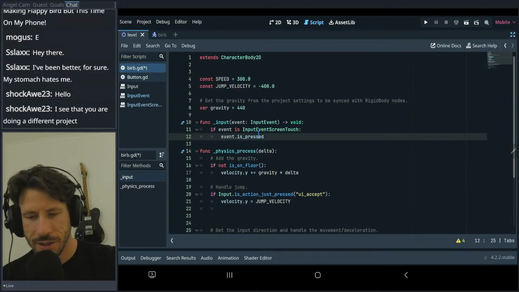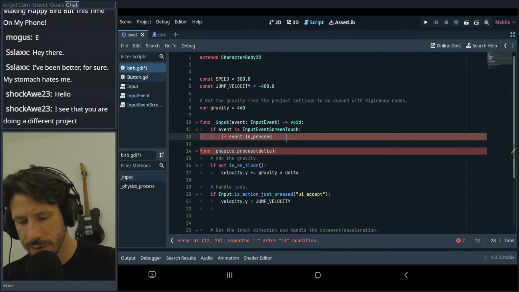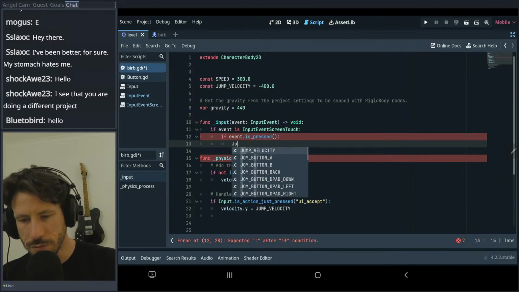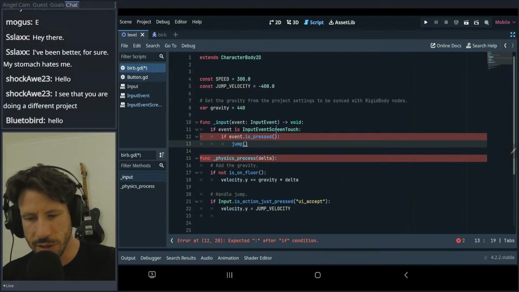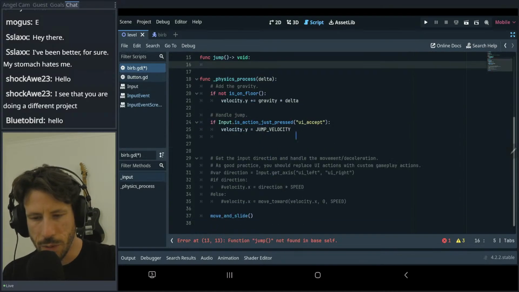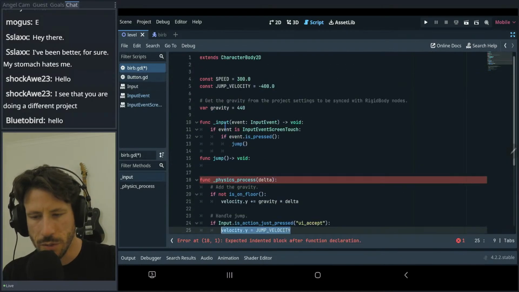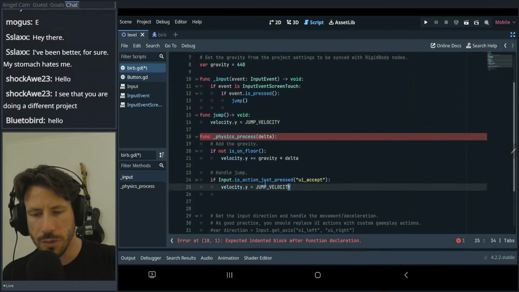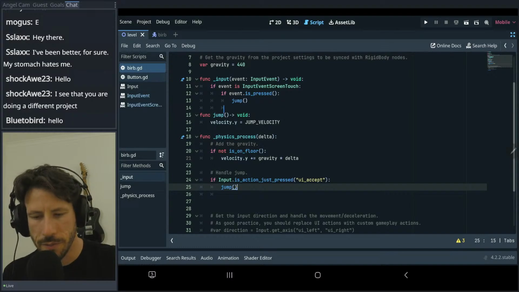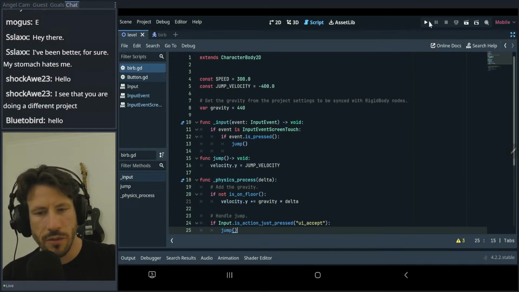Is pressed. So I guess I got to check that if event dot is pressed, and then do a jump. Right? That function doesn't exist yet, but we'll make it. We'll do it just right here. Func jump returns a void, and then we will just have this jump equals jump velocity. We're not doing anything too complicated with this, so we can just pass that, and we can also call this jump. Okay, so we'll save that, and we'll give it a go, see if we can get the touch input